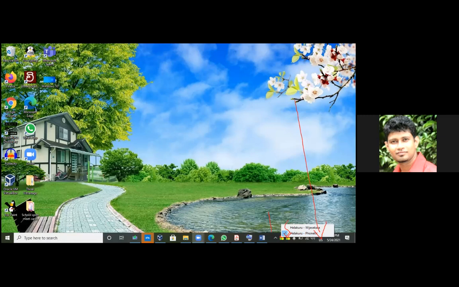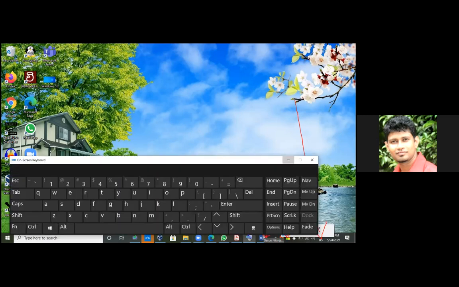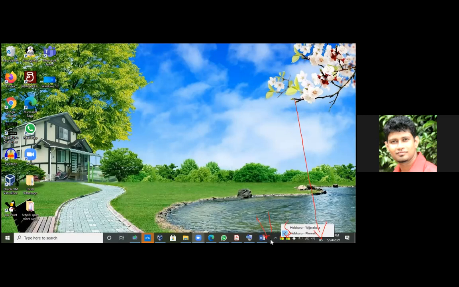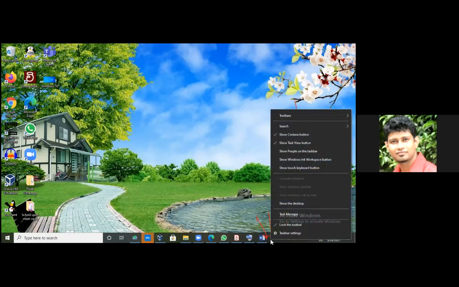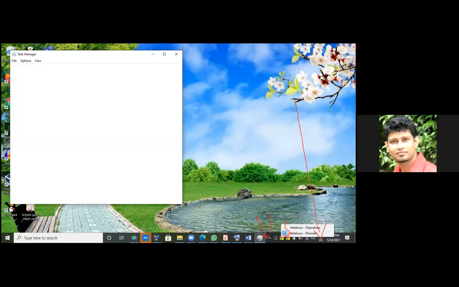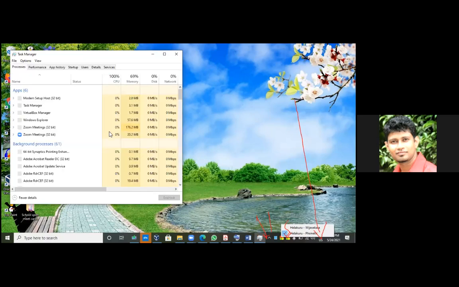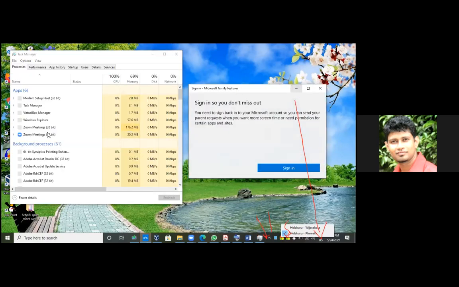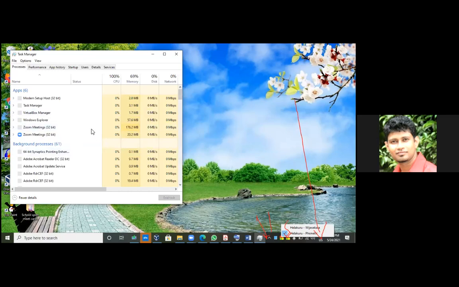Okay, can you right click here? Right click in an empty space beside these words. And select Task Manager. Right, from this Task Manager, go to Helakuru. Can you see where Helakuru is?